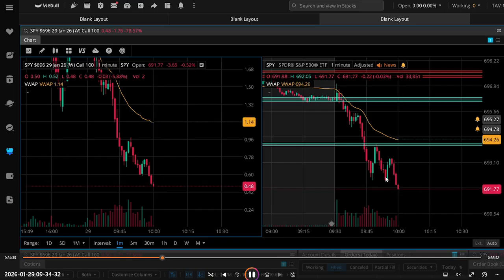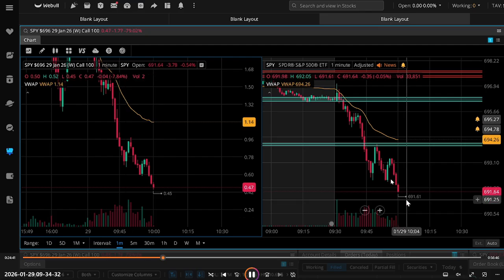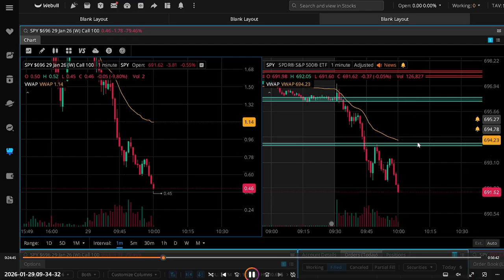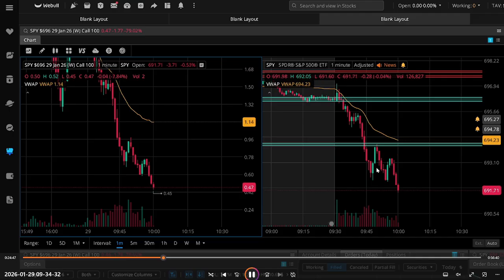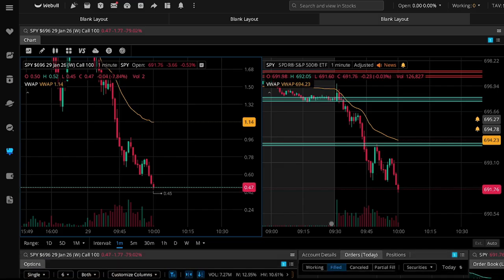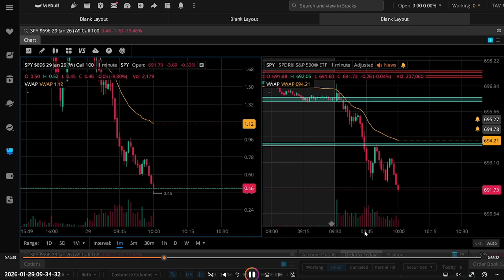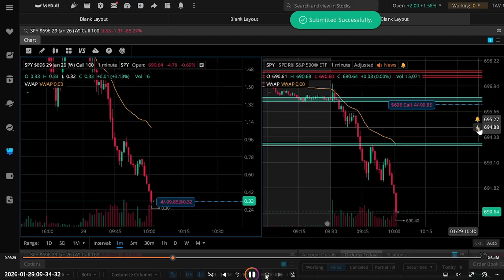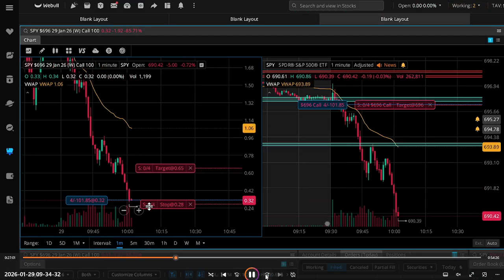There's structure to it. Okay, this is an area where buyers have previously bought. I want to buy where the buyers are buying. I want to put my stop loss under and target, let's say, the previous high or a higher high. And I would have had more context honestly than the first one, but I didn't take the profits when I should have. Looking to get back in the stock,